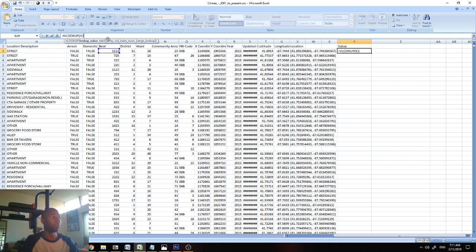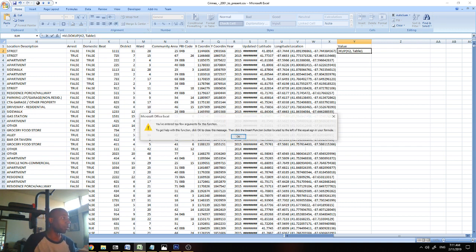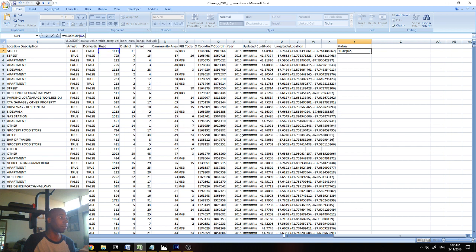It's K2, comma, table 1. That's the name of the table that we have here. I'll show you after. So we put table 1, comma 2, meaning that we're going to look at the second column of the table,